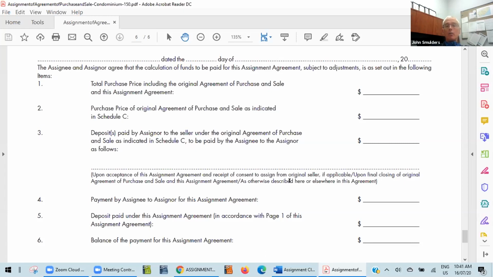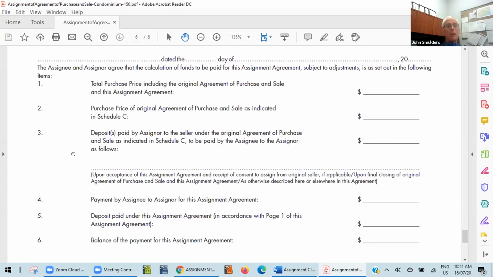The last choice is as otherwise described here or elsewhere in this agreement, in which case you can put down in Schedule A something else. I have seen in Schedule A that the assignor will receive the builder's deposit 30 days following the builder's consent being given. I've seen 50% of the builder's deposit being paid to the assignor upon builder's consent, and the second 50% within 120 days. So you can put pretty much anything you want down here, but you have to put something above